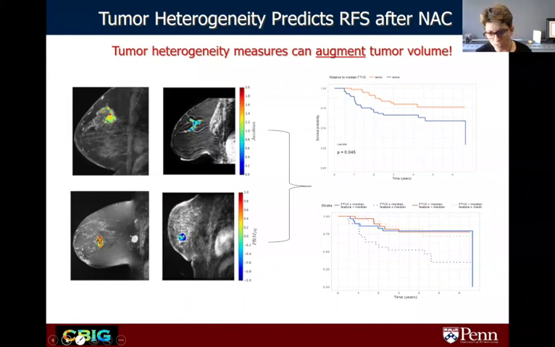So these are some of the concepts that we're interested in further validating in a prospective study, and we're working together with Dr. Hylton's group to see if we can apply some of these metrics also in the I-SPY2 trial, which is an adaptive clinical trial designed with several arms of targeted therapy.